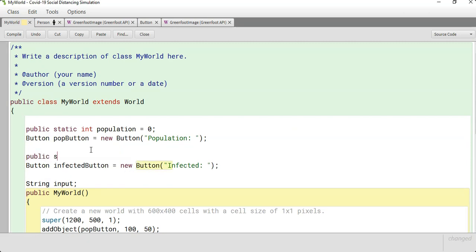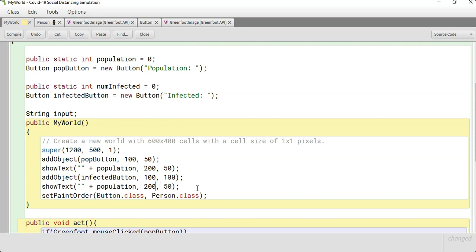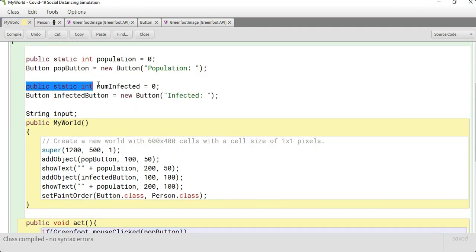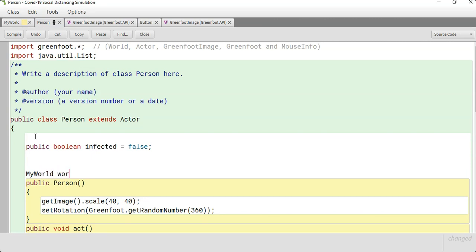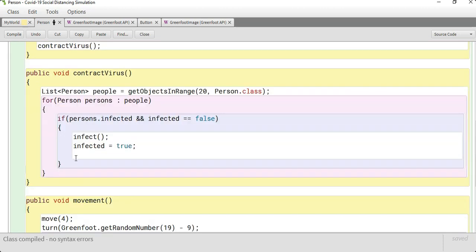And so public static int numInfected, and we're going to start that equal to 0, and we are going to show text at x is 200, y is 100. So now we need the number infected to go up, and so we need to be able to access this static int numInfected. Easy way to do that is call the class MyWorld and access a static int in there. Since it's static, you can just call any old MyWorld, call it whatever you want as the name, and reference that static number. World.numInfected